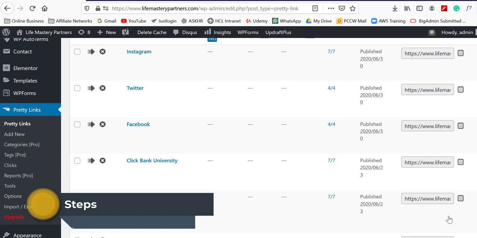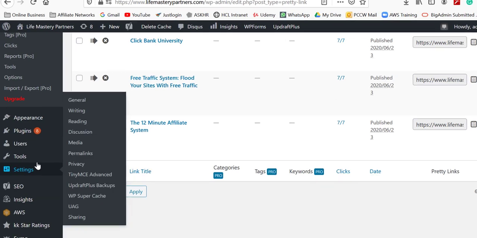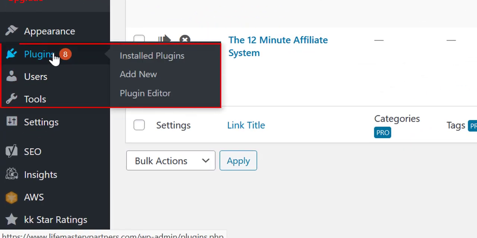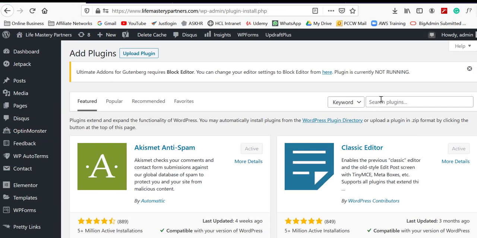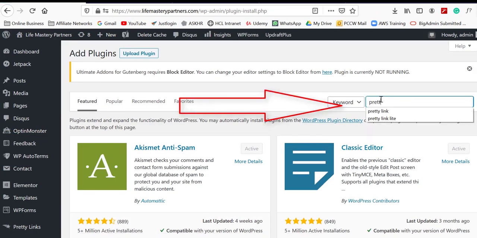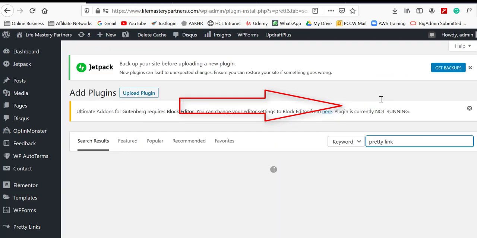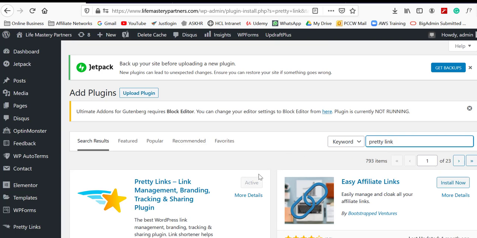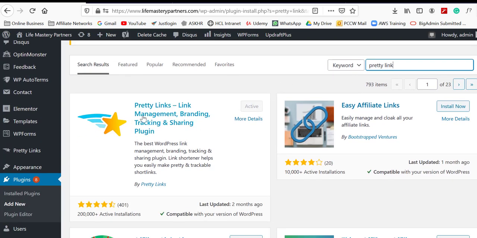Go to WordPress dashboard and then plugins, add new, search for Pretty Link. So this is the Pretty Link plugin.